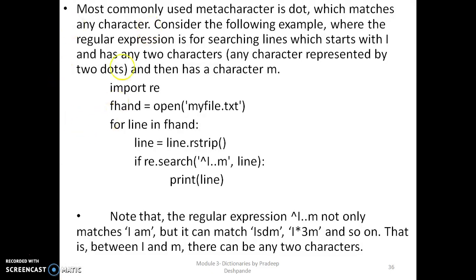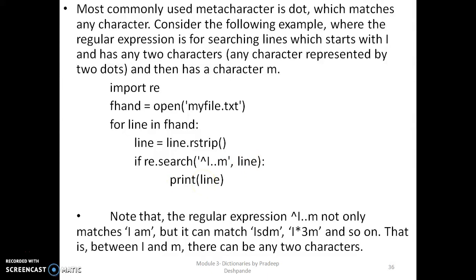So we have here taken myfile.txt. As you have seen in the previous example, same here: for line in file, if re.search, caret l starting with l, two dots meaning exactly two characters, and ending with m in that particular line. If that matches, then the line will be printed.